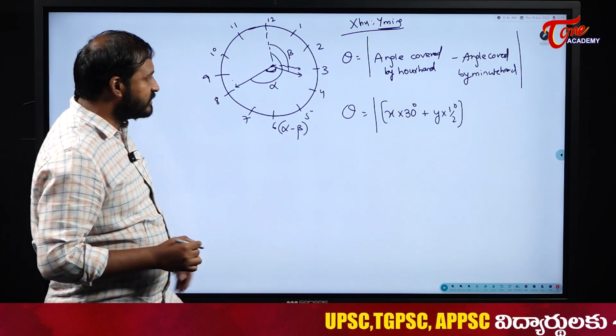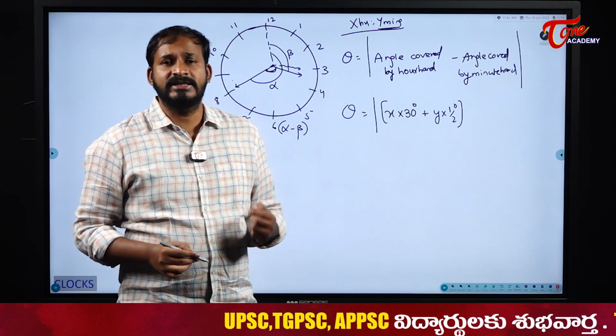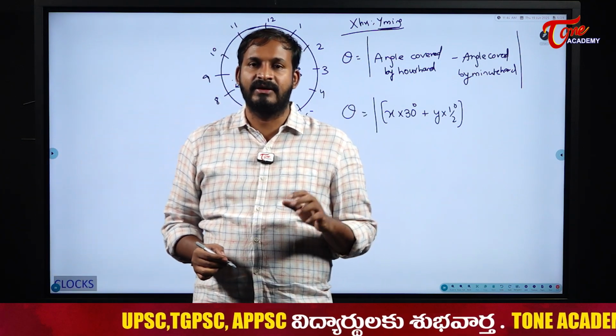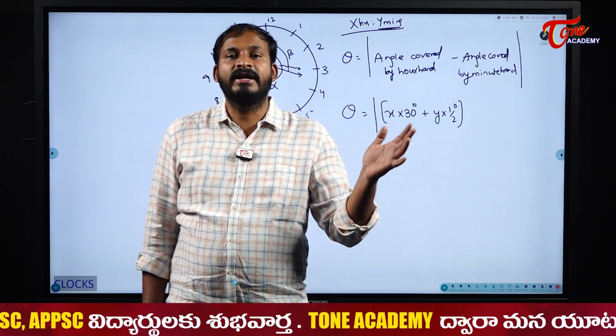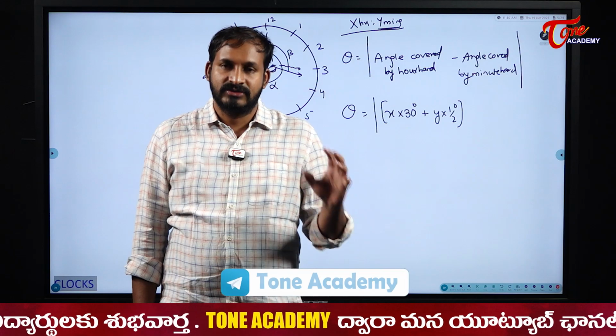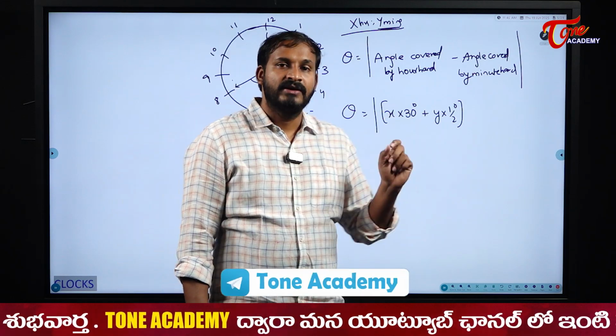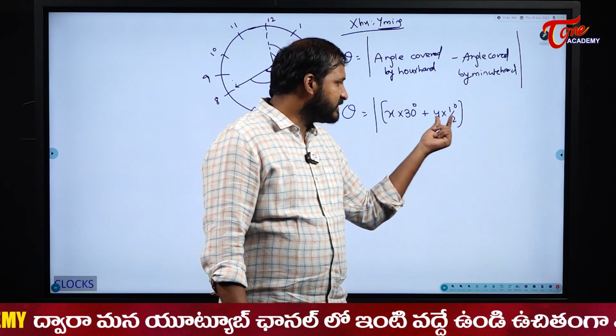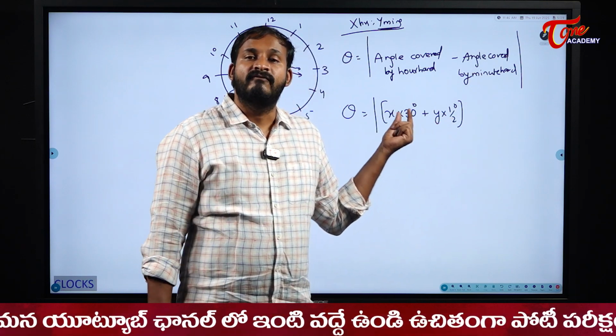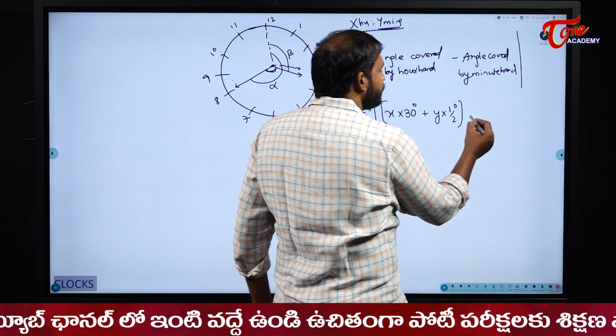Understood? In 10 minutes my hour hand will cover what distance? 5 degrees. Why? Because 10 into 1/2. In 20 minutes, 20 into 1/2, 10 degrees. So similarly in y minutes, y into 1/2. This is the angle covered by my hour hand in y minutes, minus